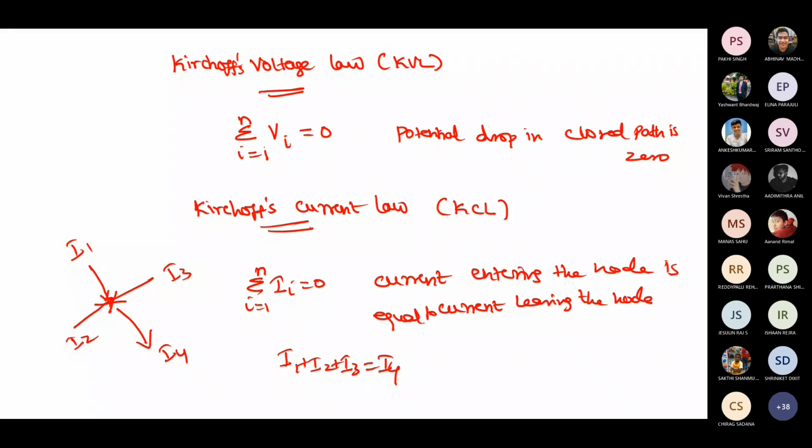Okay, fine. So generally, two or three branches joining at a point we call a node. More than two branches joining at a point is called a node. If you talk in electrical terminology, a node is a point where current is branching. That point only we'll call a node. We'll discuss this again later. So we are going to see Kirchhoff's voltage law and current law.